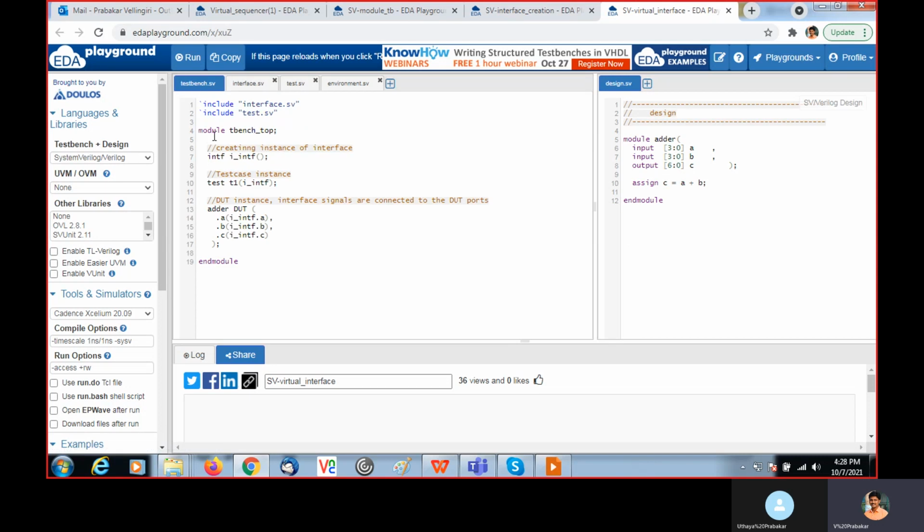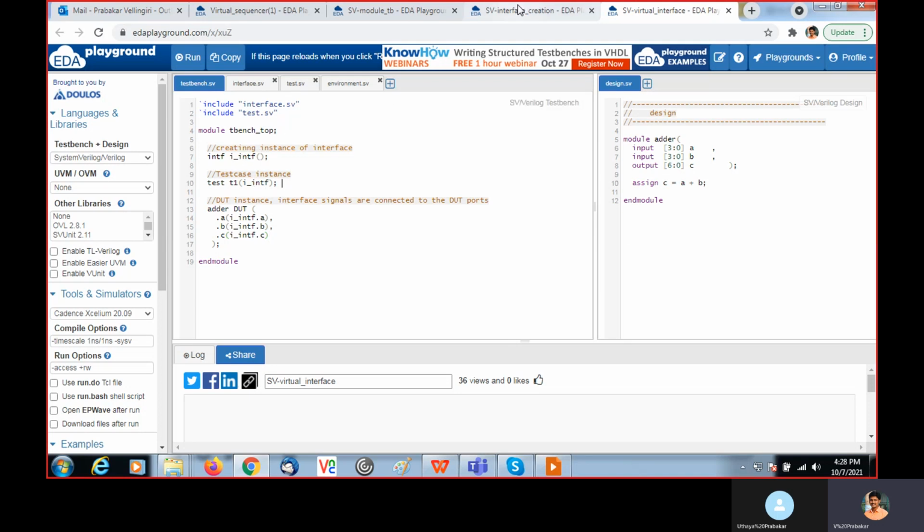And in the test bench, we instantiate the interface as INTF, and I map the interface to the DUT, the signals A, B, C to the interface.